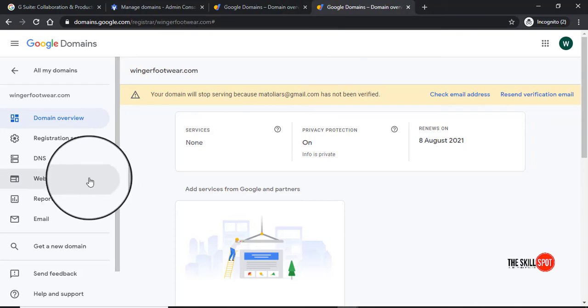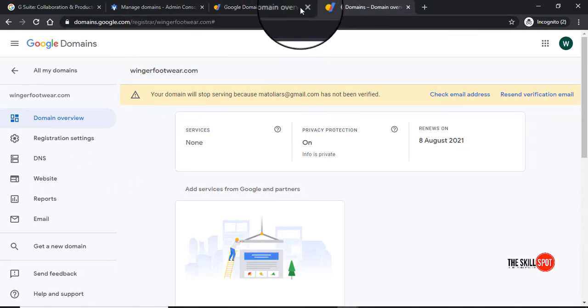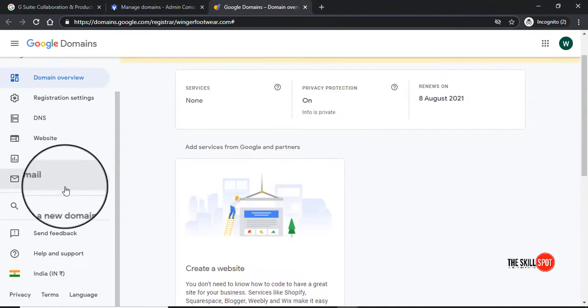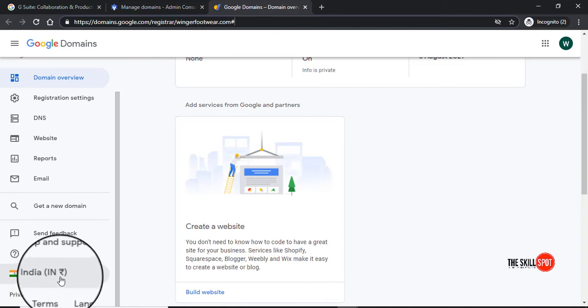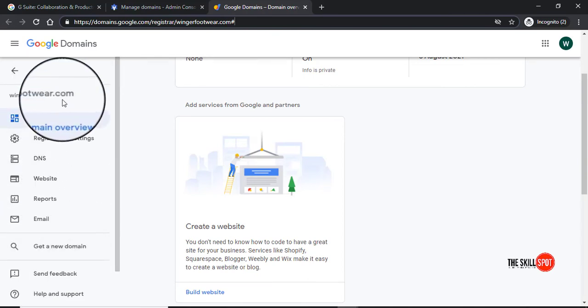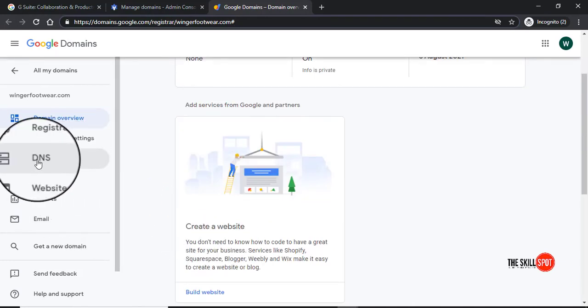तो आप यहाँ से भी handle कर सकते हो. You can handle it from here as well, right? So the next part is here. I'm going to close one of them, right? Here you can see there are so many things. You can check your email, and all those details regarding reports and DNS settings and everything, right? But we don't require anything else. We just require this one thing which is called DNS, domain name server, right?